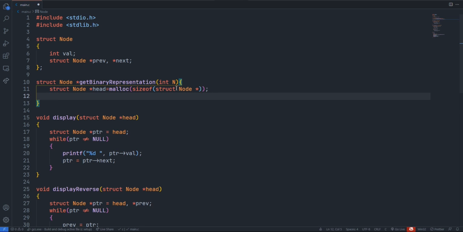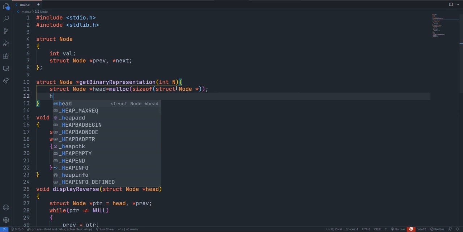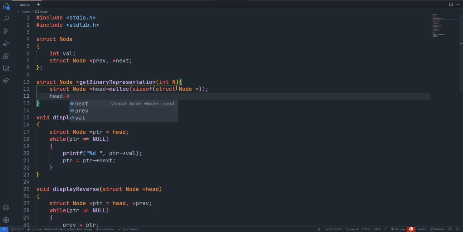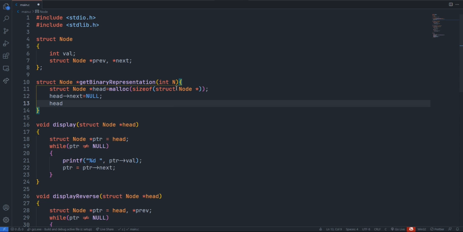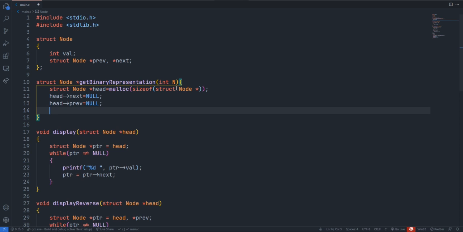And for the sake of simplicity we just put head arrow next equal to null and head arrow previous equal to null, and then we will go for iteration, right? But in this problem we also need to give the value for head. Yeah, head arrow val equal to n modulo 2.